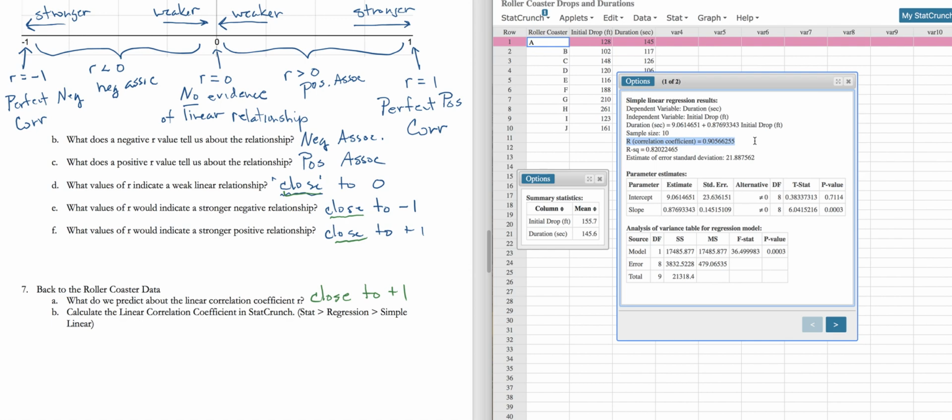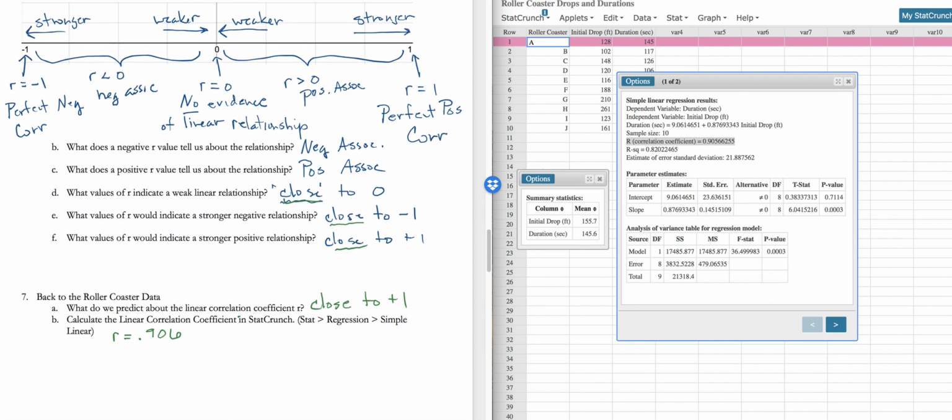our correlation coefficient. In OLI, and frankly everywhere else that I've seen this, it's a lowercase r. Here in StatCrunch is the only place I have ever seen it as a capital R. But it spells out for us that it is the correlation coefficient. So hopefully we won't get confused. Let me just bring that over to our worksheet here. Maybe let's round off to 3 decimal places. So 0.906,